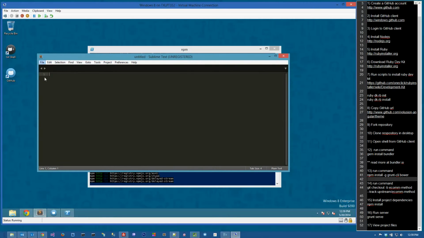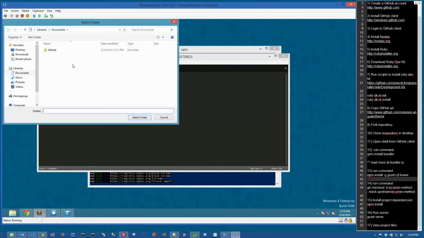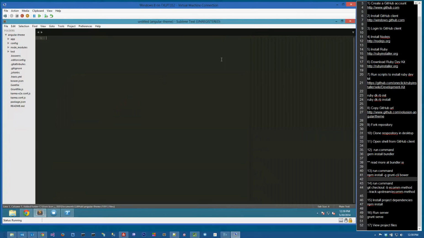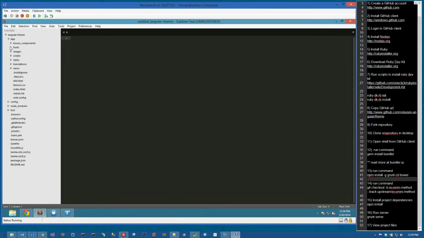I'm going to navigate to my GitHub folder, and when we do so, you'll notice a lot of familiar Angular code. That is, if you're familiar with AngularJS in the first place. So most of the code lives in the app directory, and we've got views, which are the particular templates for